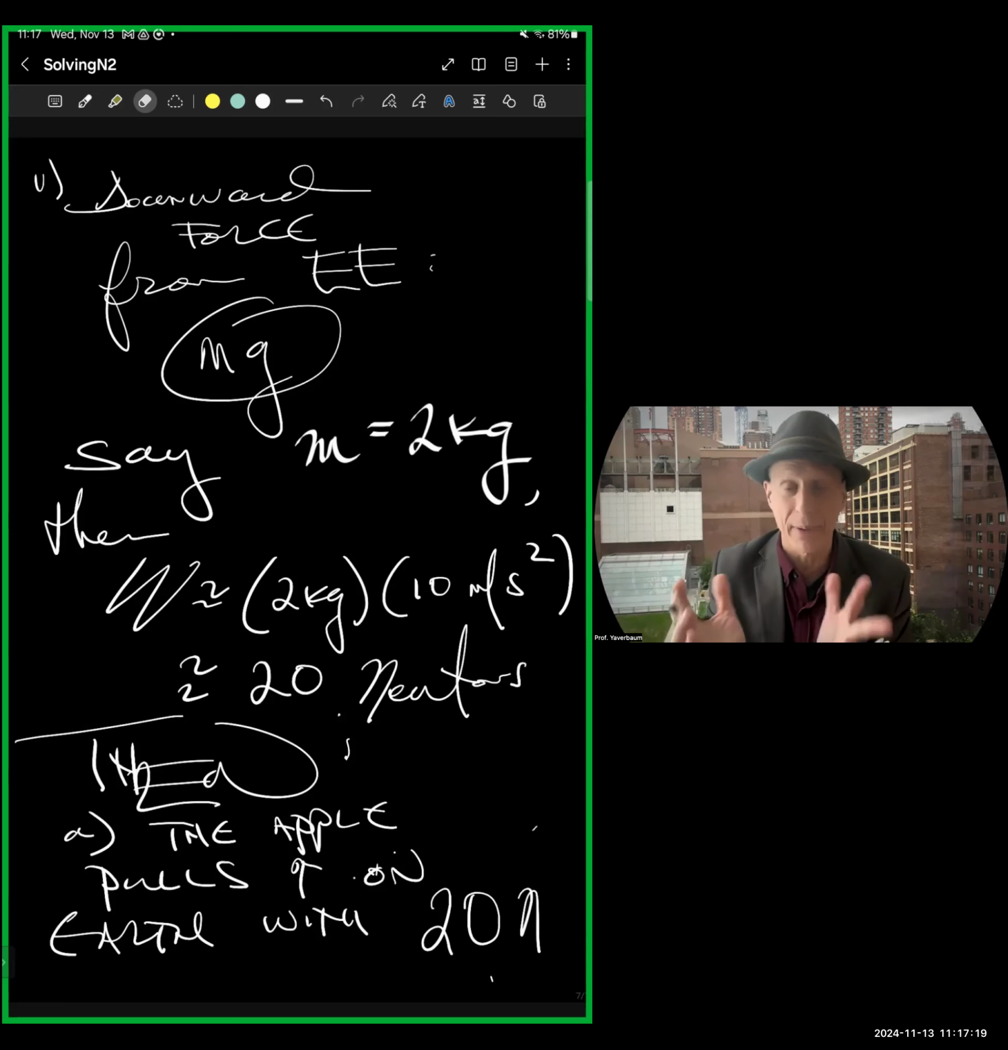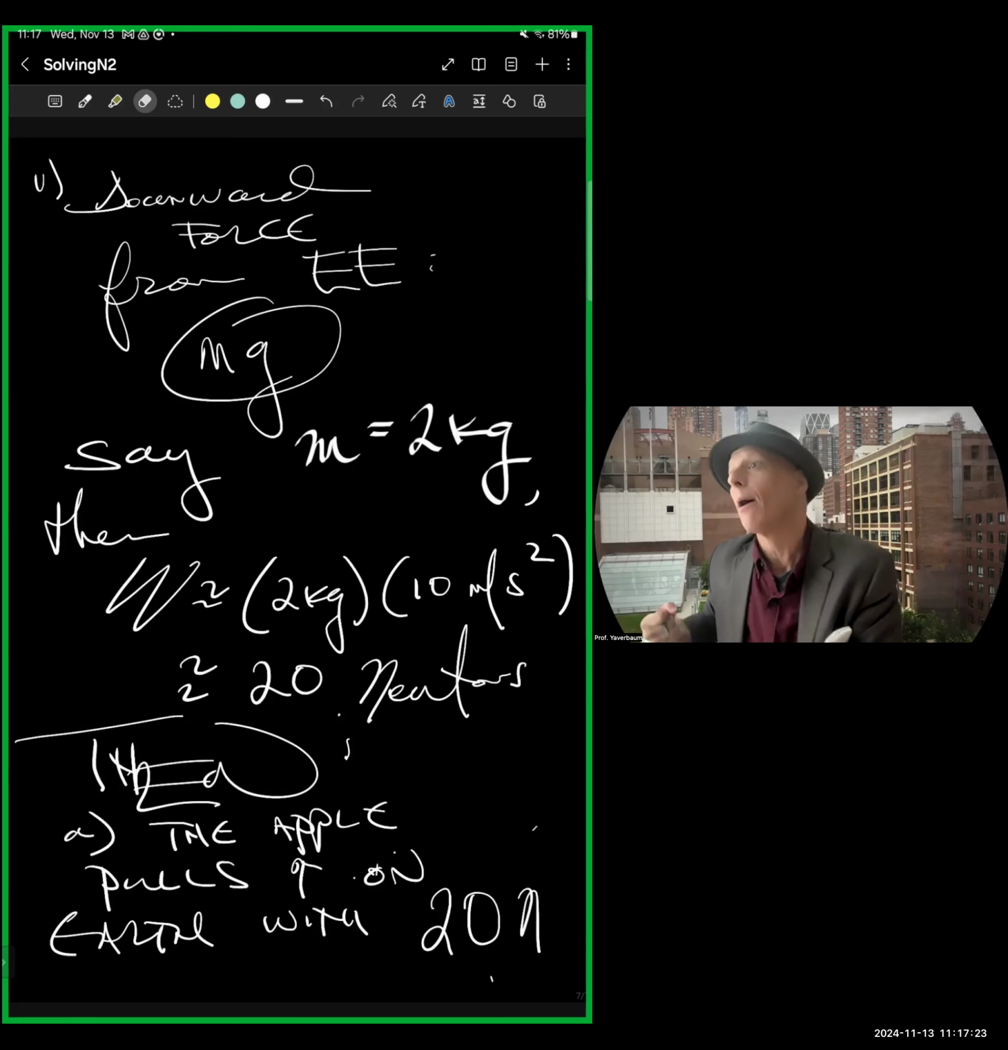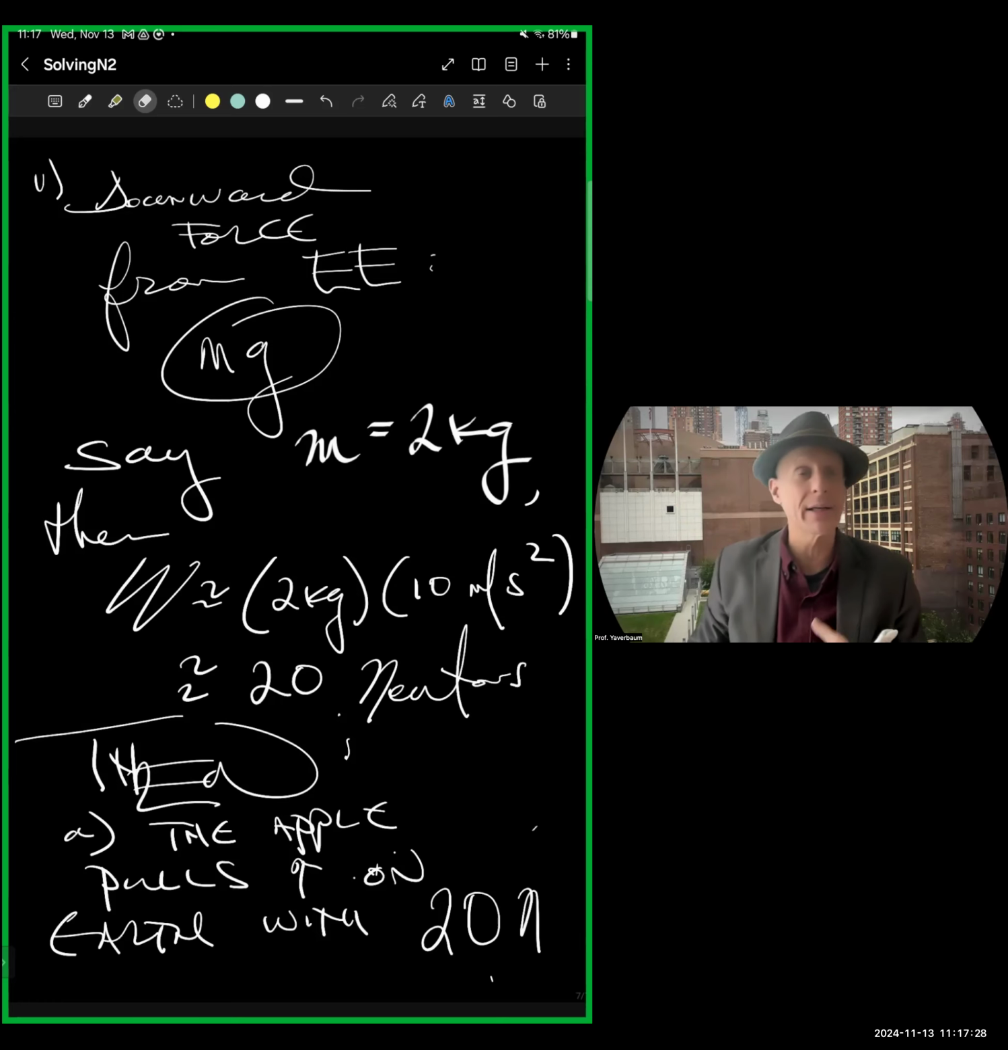It's just a silly example, but the fact is, this apple is not the only one, and so there's an apple on the other side of the planet pulling the earth in the opposite direction, right? So first of all, there's tons of things pulling on the earth. Second of all,